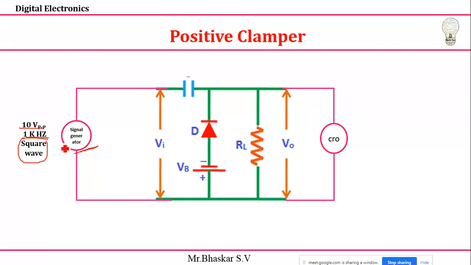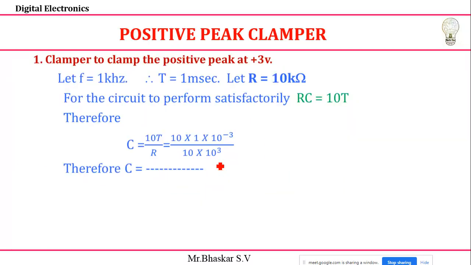And next, here I found the value of VB, but I don't know the value of resistance, right? I want to find that out. If you want to take any design, how to calculate the resistor value, we have a small formula you can use. This is a constant, you can use this. So here my intention is to find out my R and C values, but in order to see my output I'm going to take a frequency of 1 kilohertz. I want to design the circuit output waveform for a frequency of 1 kilohertz.